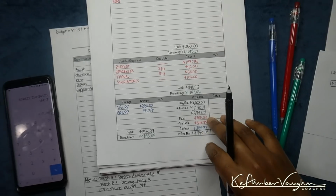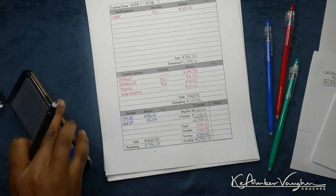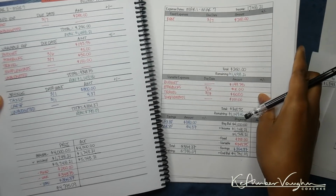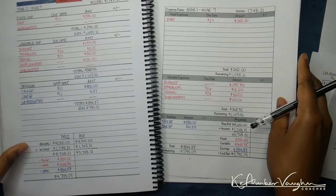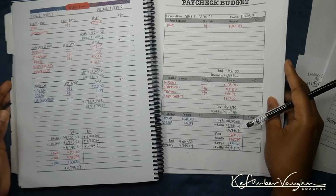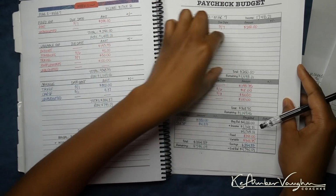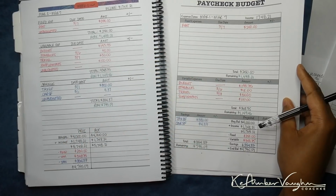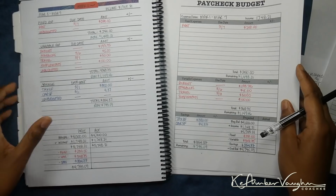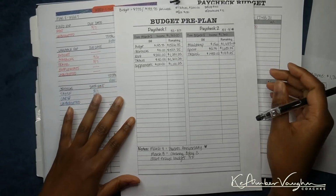I'm going to show you guys, because I did do this already in my actual budget planner in the notes pages. So it looks a little bit different. I don't know. I'm torn. I don't know which one I like better. I kind of like not having to draw lines and stuff, but I also don't like a lot of white space, because it heightens my anxiety. So that's why I like doing it this way. But the reason why there's so much white space, even in my budget pre-plan, is because